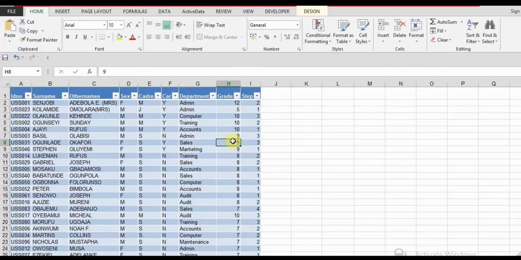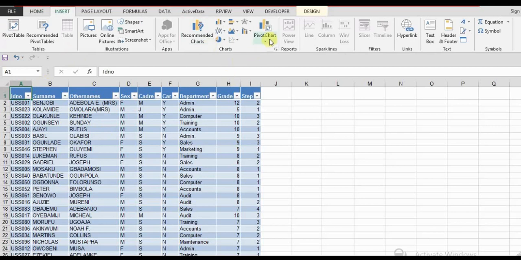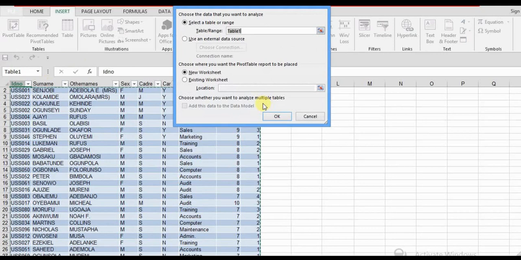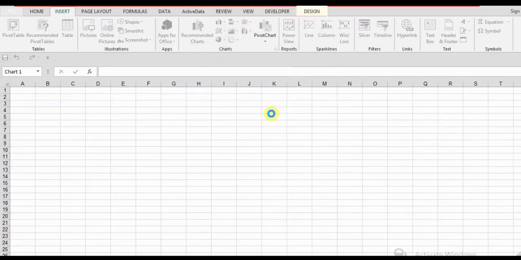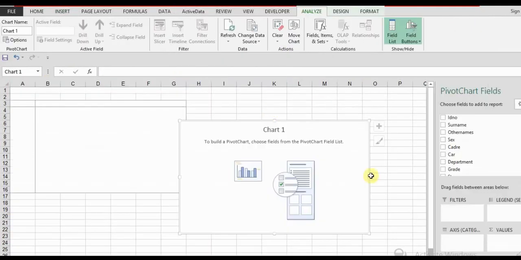Let me give you a wrap up. If, for example, you want to know how many management staff you have, how many senior staff you have, and how many junior staff you have, let's use our pivot table to do some manipulations here. Okay, here we go. So now I'm going to be using the pivot table to do a simple manipulation here